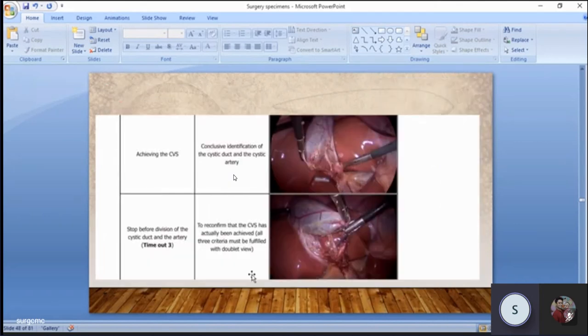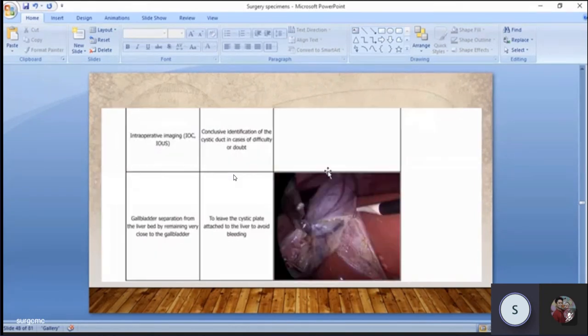And what is the main important thing in dissection of Calot's triangle? While doing laparoscopic cholecystectomy, we do posterior dissection of Calot's first, then anterior. But in open cholecystectomy, we first do anterior Calot's dissection, then posterior. Okay. This is the main thing. You should go through the steps of the operative surgery.